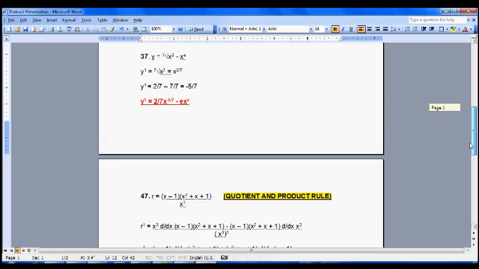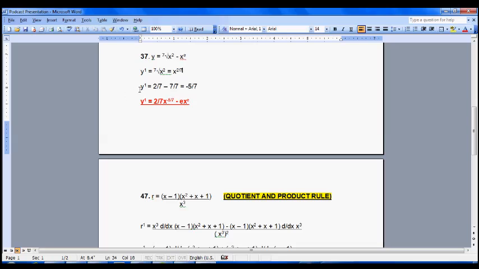Now next, we have number 37, which is dealing with radicals and e. And so basically, with the radicals, you're going to want to change that into a fraction. Now, the problem's asking, find the derivative of y equals the 7th root of x squared minus xe. So what you're going to want to do first is make that radical into a fraction. So you take that 7 and put it under the 2. That would make it x to the